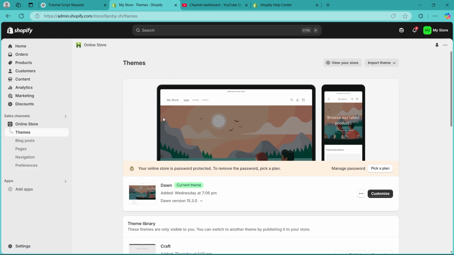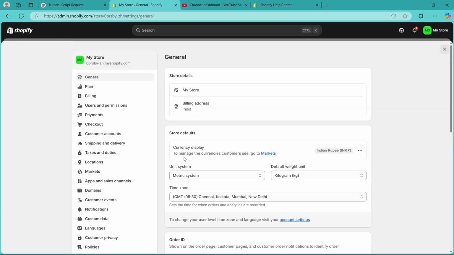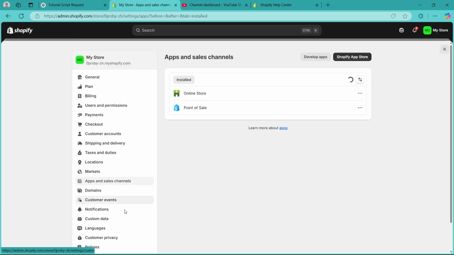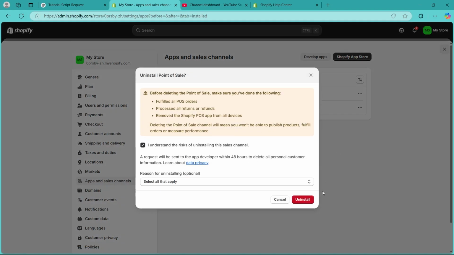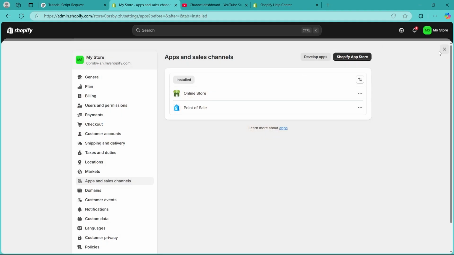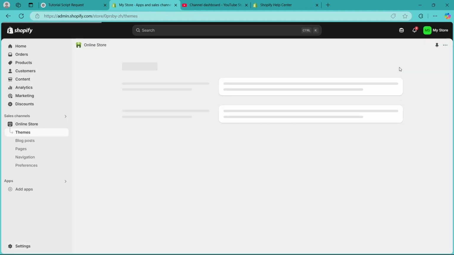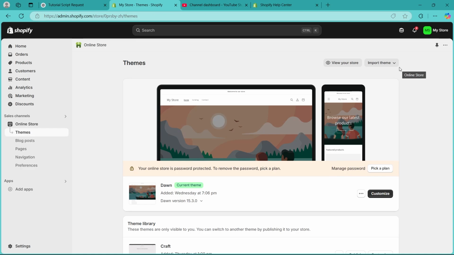Now, step 3 is checking apps that might be causing redirects. Navigate to settings on your Shopify admin, navigate to apps and sales channels. Now, click on the three-dotted icon after any of the recently installed apps. Click on uninstall, choose this, then click on uninstall again. And that could also fix the problem. So if the issue is resolved after this, you should understand that the problem was caused by the app,